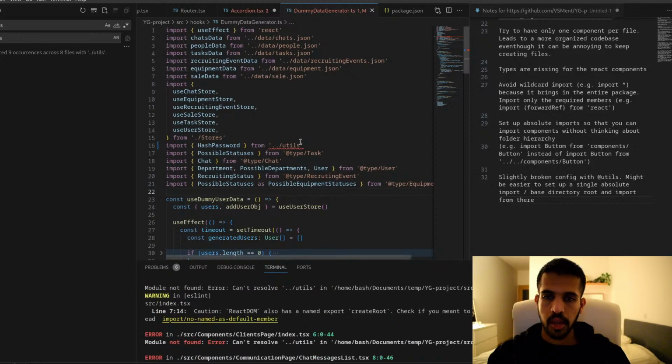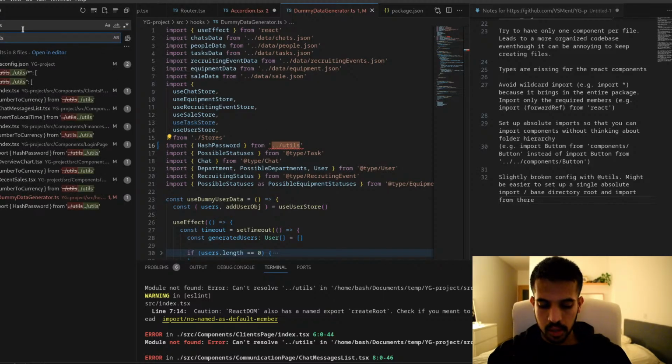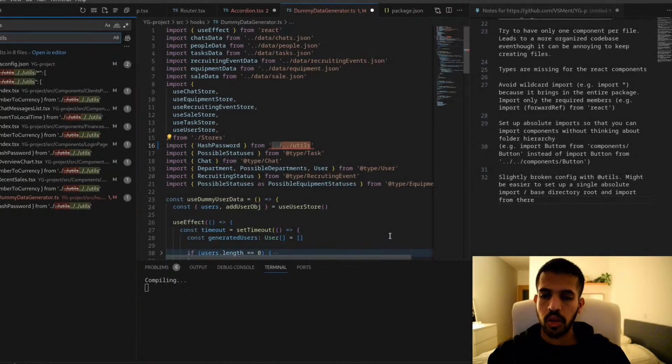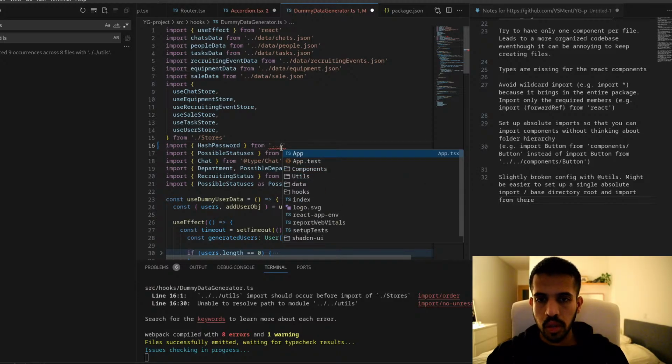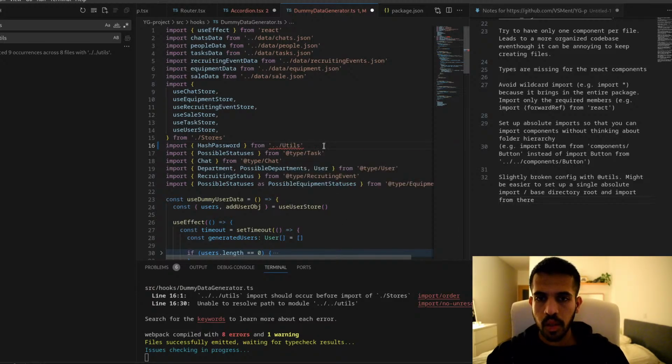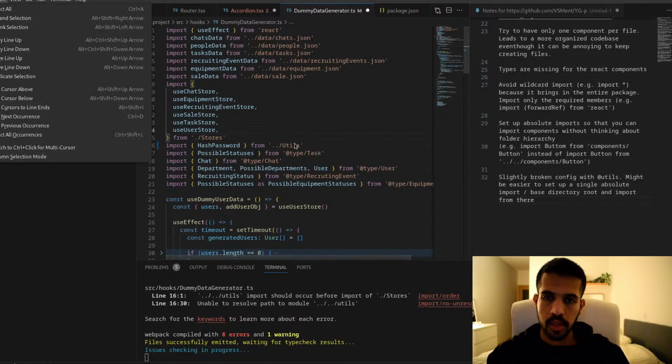I think I need two of them, maybe. So I will get this, and I will get this. Replace all of it. Still not good. Oh, right, so it should be like this. It's an uppercase U.